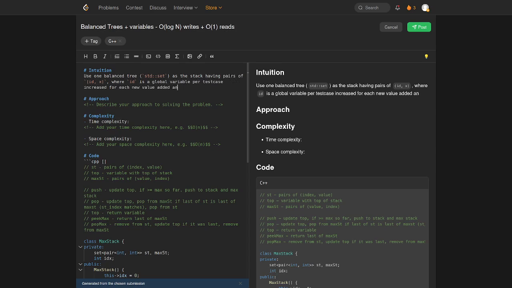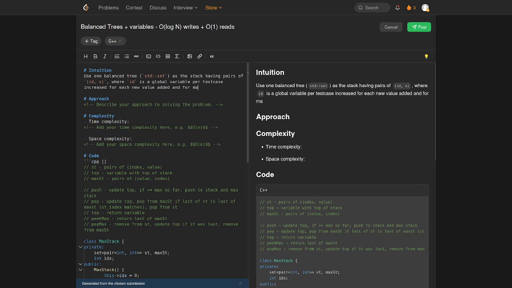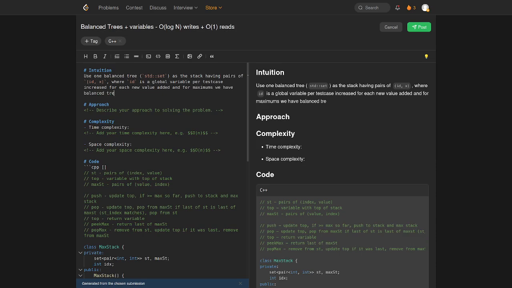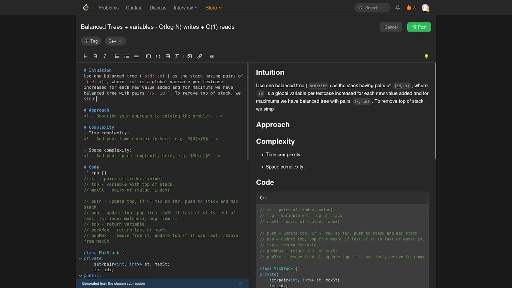Okay, and for maximums we have a balanced tree with pairs of X and ID to get off of the stack. We simply remove